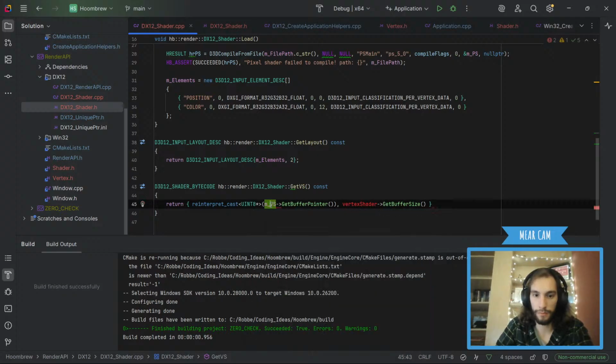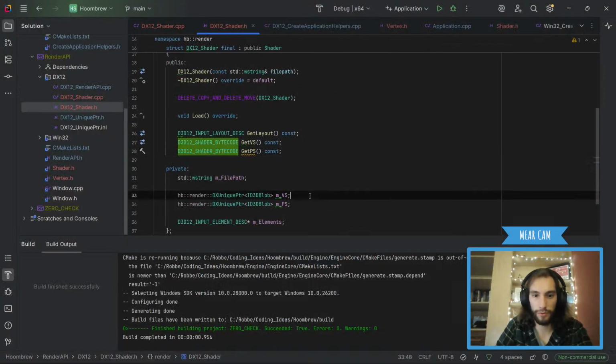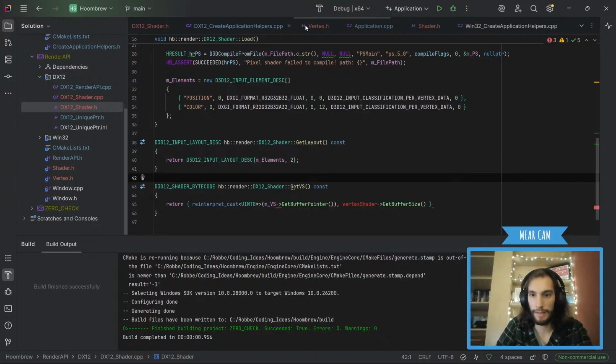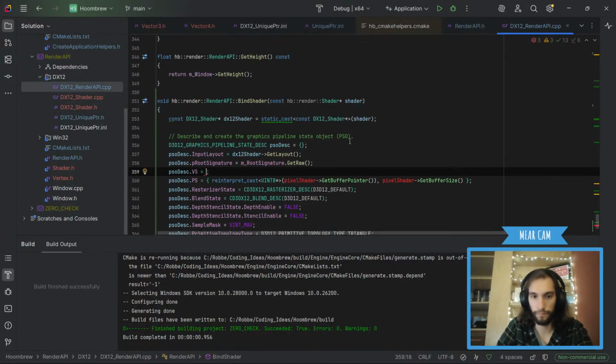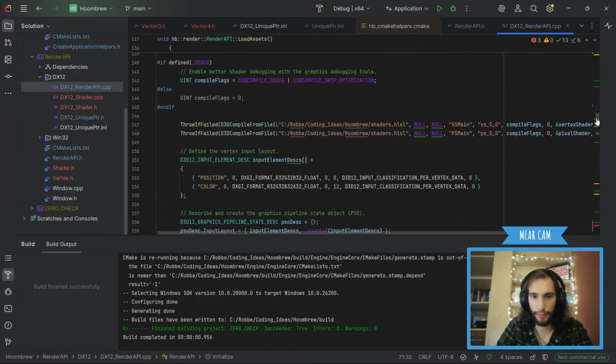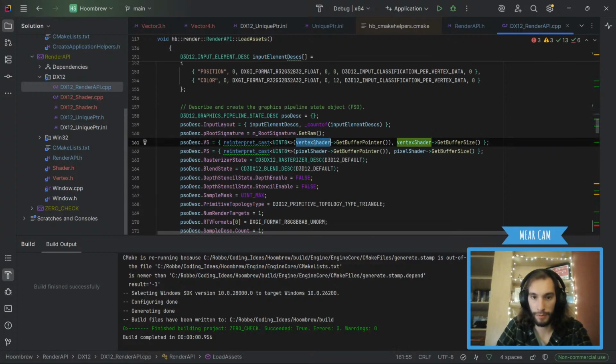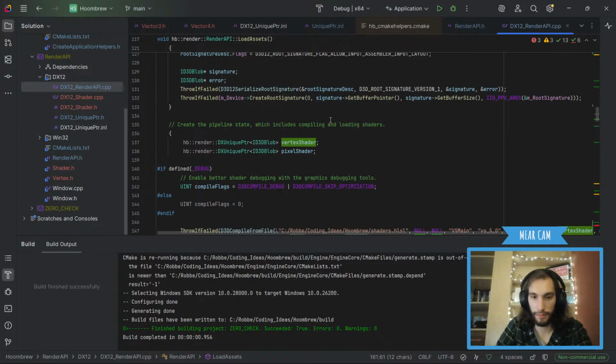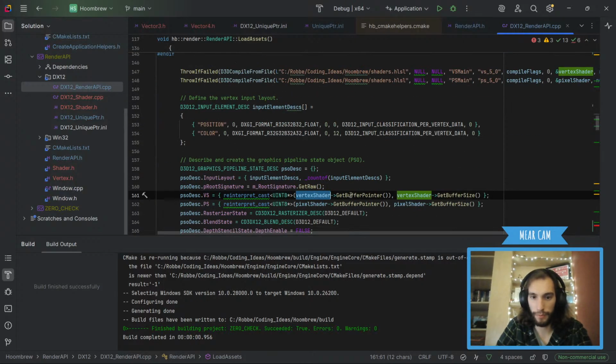Vertex shader. Huh? Why does that not work now? Oh, did I store it in a unique pointer? Yes. And how did I store it before? Here we go. No, it was just pointers and then get buffer pointer. Oh, did I not include the file yet?